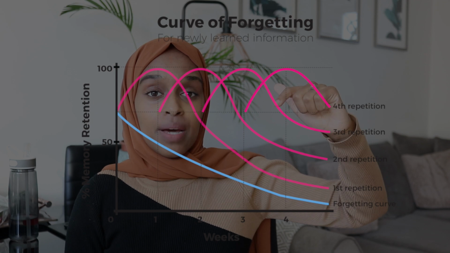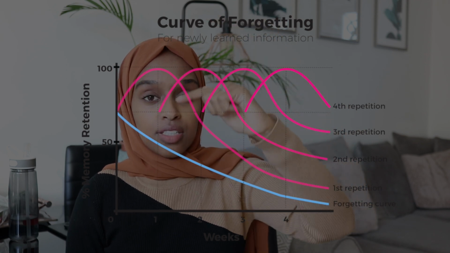What that does is actually reshape that forgetting curve, and it stops the information from just being forgotten like this. It does decrease, but as you learn it, it increases again, and then it decreases and increases again, but that decrease slowly stops declining the more that you go over it. So in the end, it helps with retention, and it does take that information into your long-term memory, which means after a number of spaced learning sessions, you don't have to go over it as often,